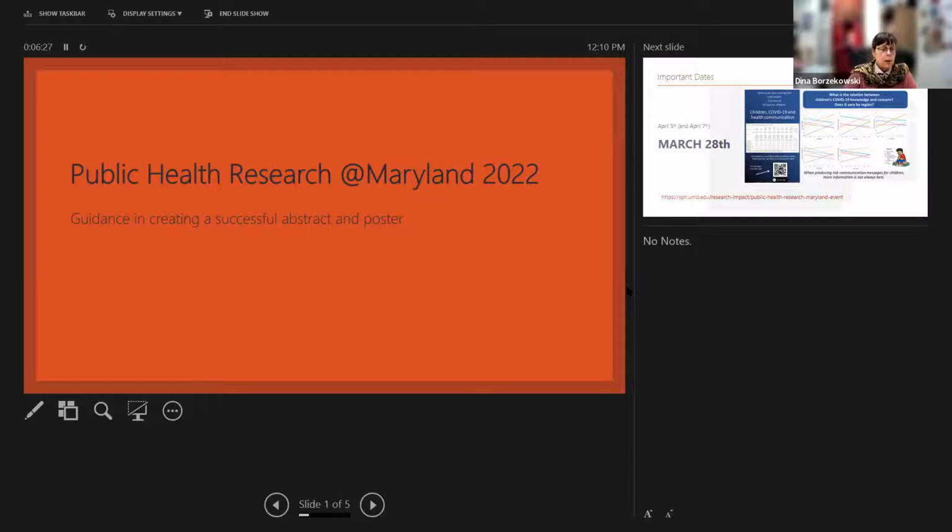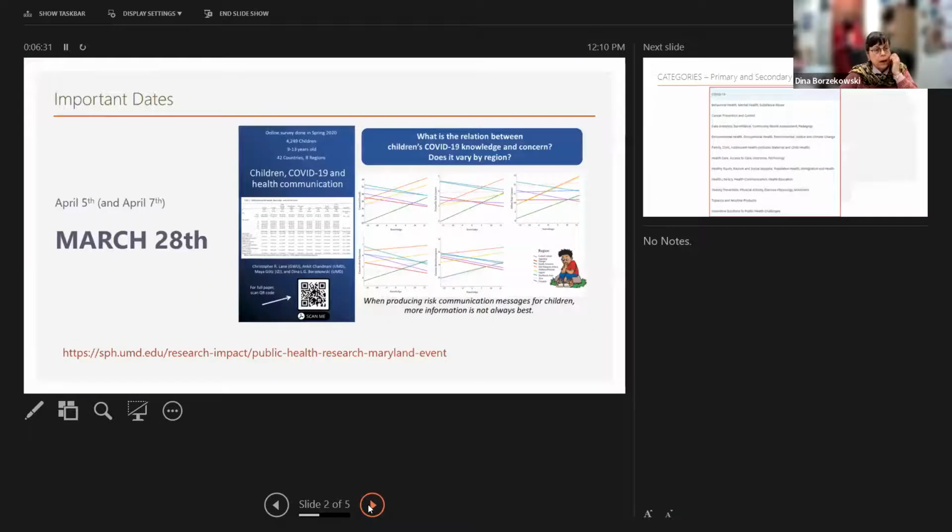So some important things to note and important dates. The big one is March 28th. That is the day when you need to go to Public Health Research at Maryland events, and you need to input your information about your poster.